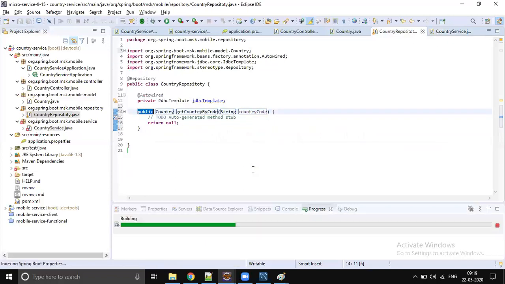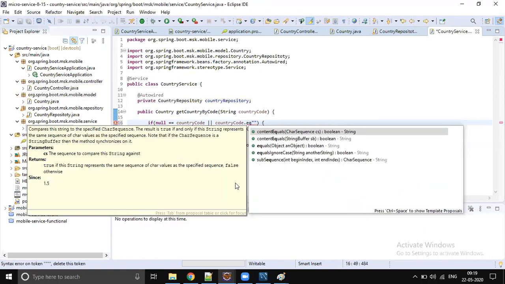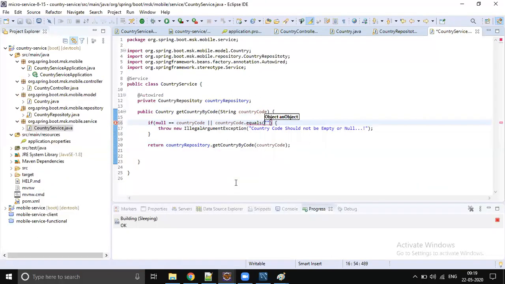Okay, actually I was expecting some kind of sound from you guys. I made a blunder mistake here. At least the people who have worked in Java for a couple of years should have highlighted this, right? This is wrong. This will not work. Equality check should be done by using the equals method, right? That was a blunder mistake.